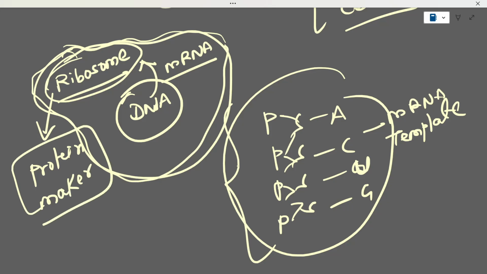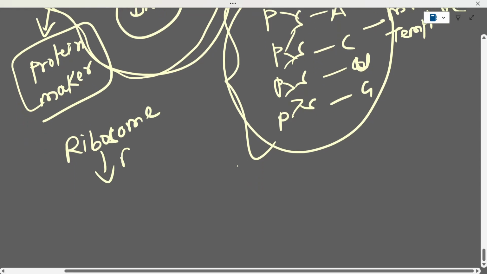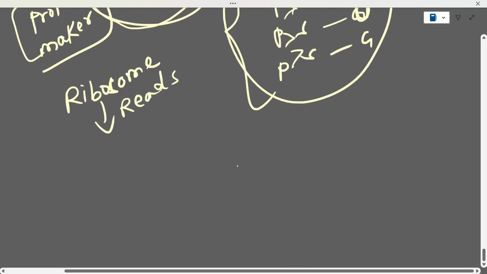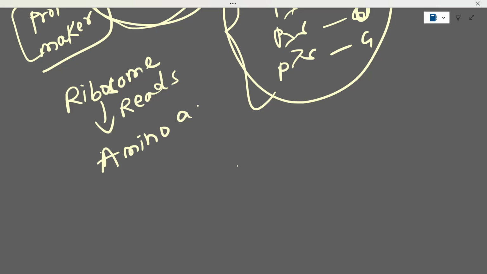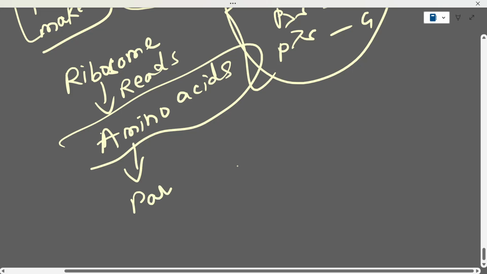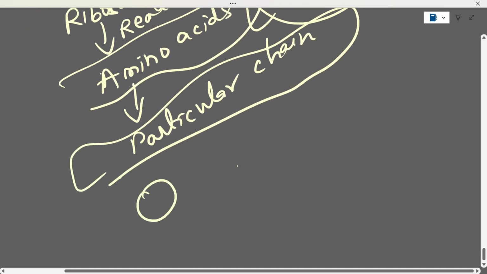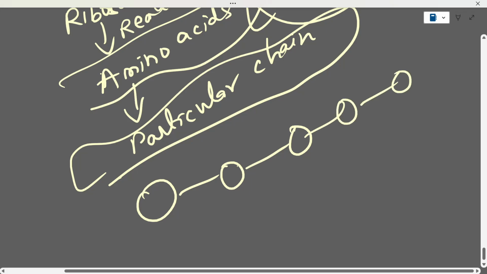So here, when mRNA attaches with the ribosome, the ribosome reads the instruction that is sent by DNA, and it directs amino acids to be formed in a particular chain, and this chain, which is in the form of nodes, also known as